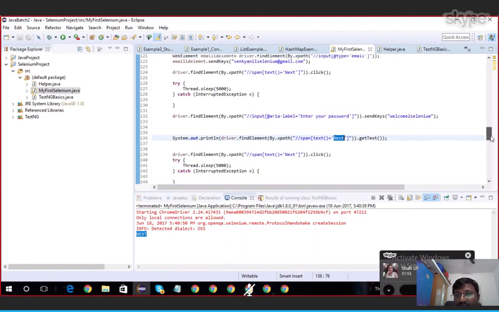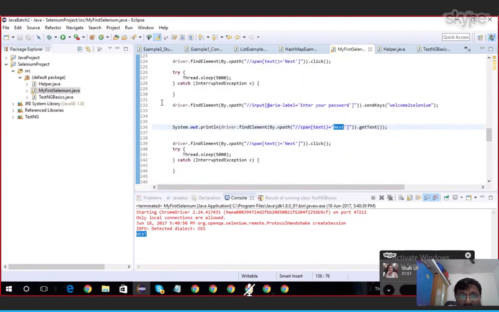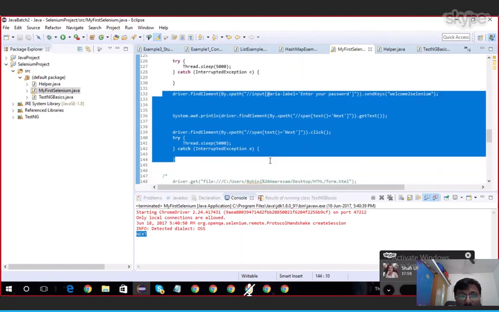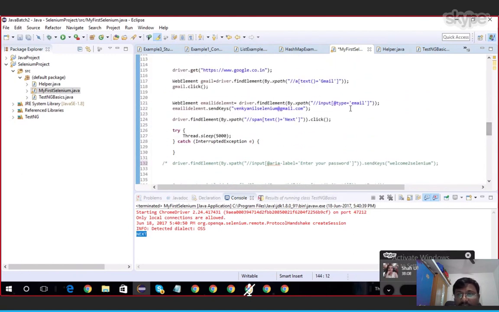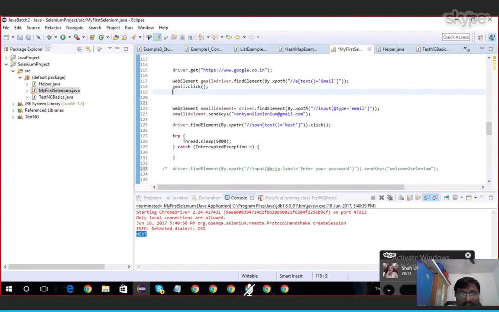Okay, let me show that Gmail one, right? Here, let me comment this. So, just the Gmail one only I am going to print here, sysout from that Gmail element. It is not always capital.